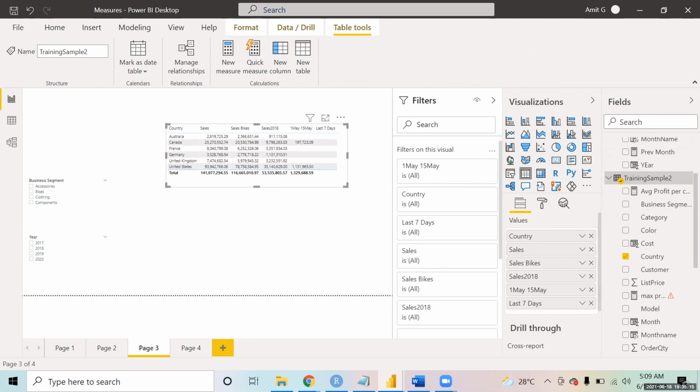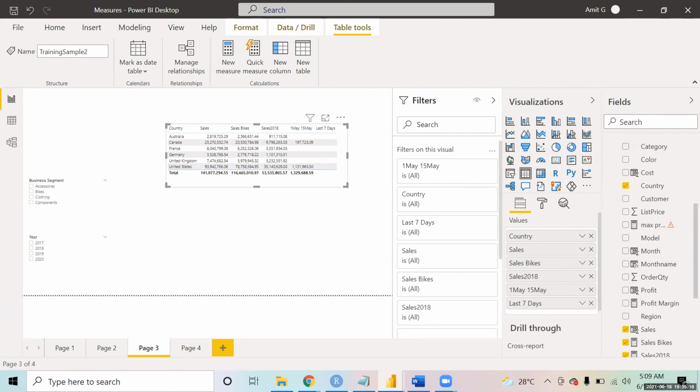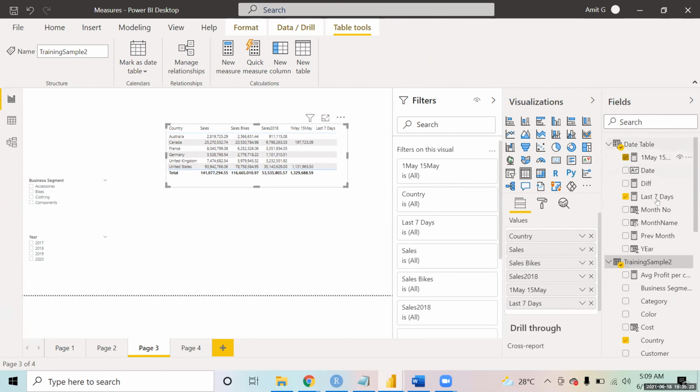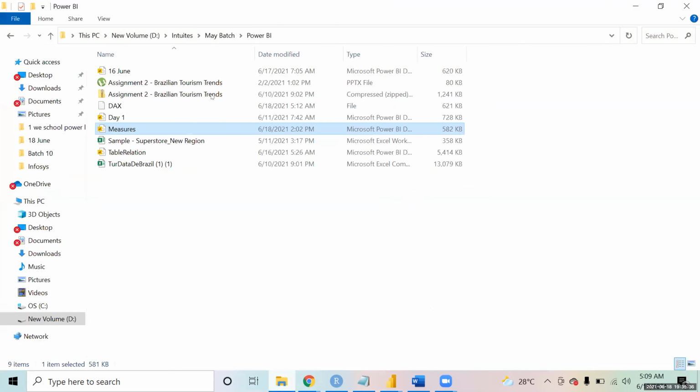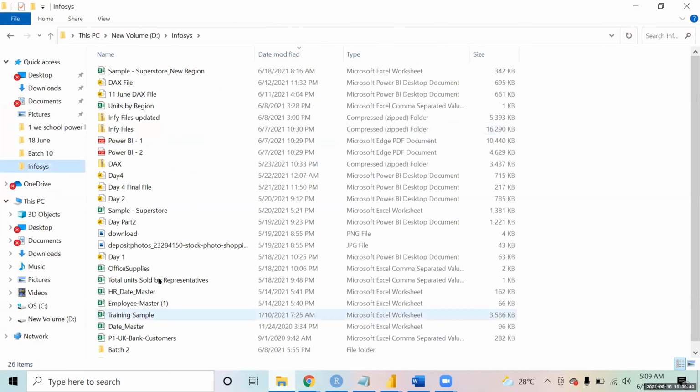So see, when you create a date table, it's not always mandatory that you create it using a function only. You can create it, or you can load it as well. I would just like to show you that so that you all have an idea on it.